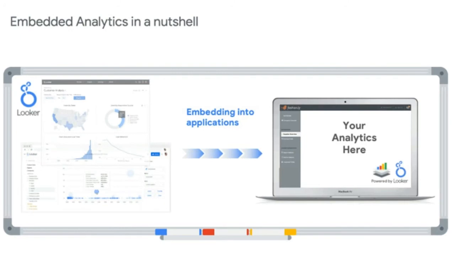Now, in a nutshell, what is embedded analytics? It's really taking LUCA functionalities. In LUCA, you have dashboards, single visualizations, and self-service exploration, which is our ad hoc analytics component, and you will be able to, very simply, take all those components of LUCA inside your product. Why?